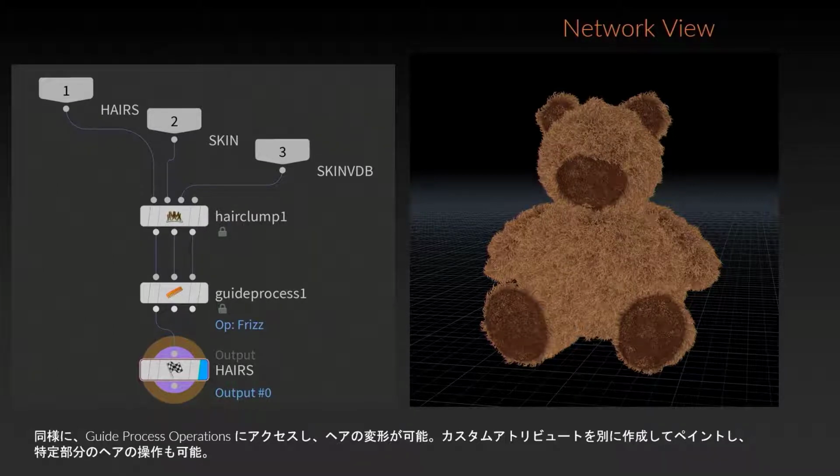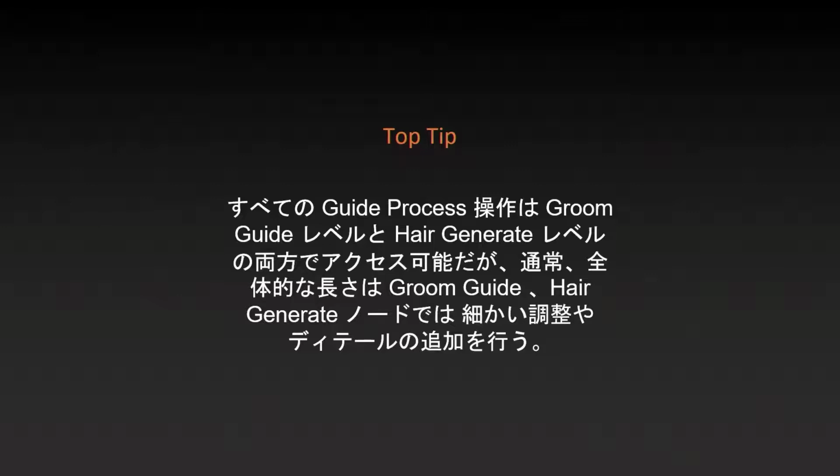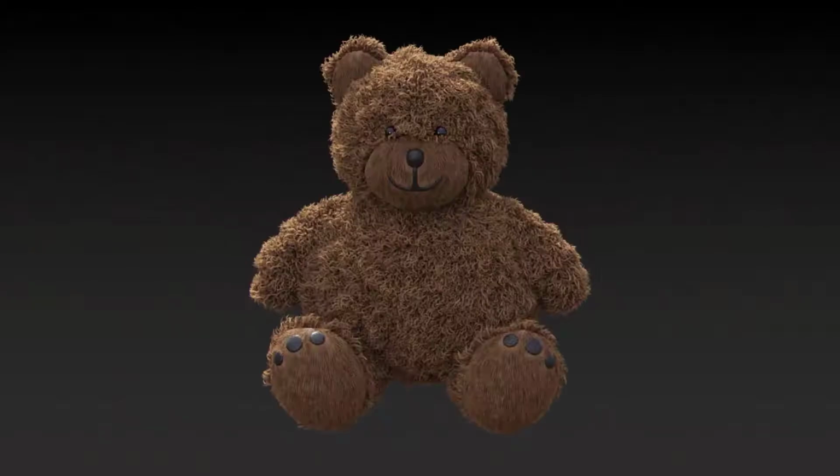同じように、好きなだけプロセスノードを追加していくことで、好きなだけ操作を追加することが可能です。So this is really useful if you want only certain areas of fur to be frizzy or more clumpy than others. アトリビュートを作ってペイントして、特定の部分だけそういった操作をすることが可能になります。So as a tip, though you can use all of the guide process operations in both the groom guides level and the hair generate level, you'd usually want to achieve your main silhouette and general length in the groom guides and use the hair generate node for fine combing and adding smaller details such as the curling and the frizzing. ガイドプロセスの操作はグルームガイドとヘアジェネレートの両方で行えますが、通常、全体的な長さはグルームガイドで行い、より細かい調整やディテールはヘアジェネレートで行うのが良いようです。